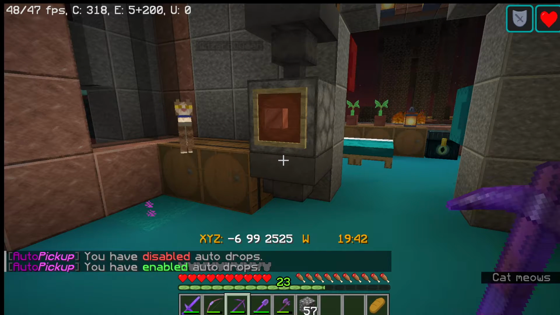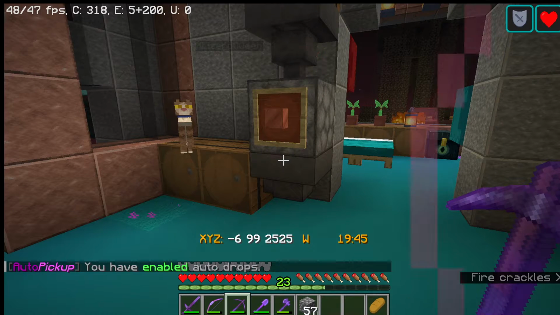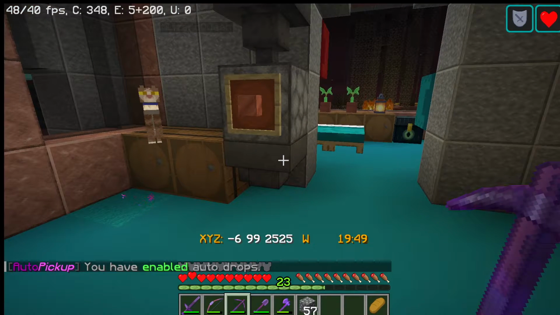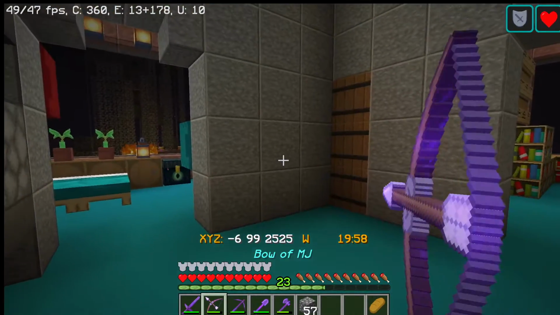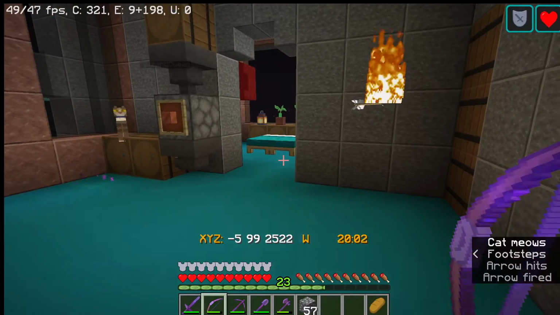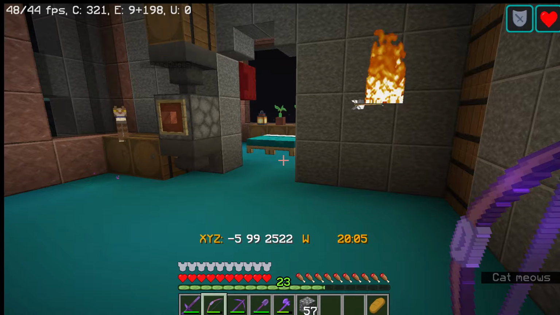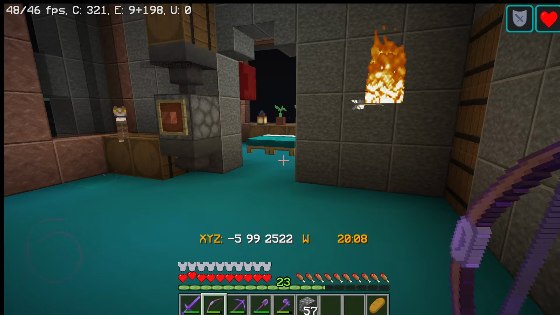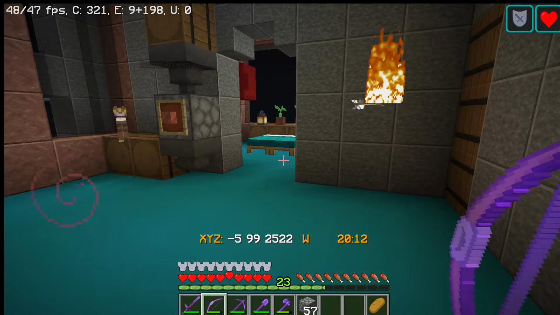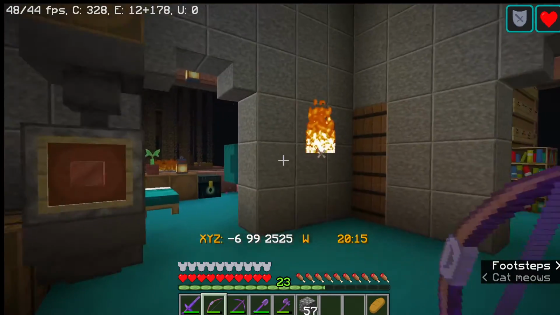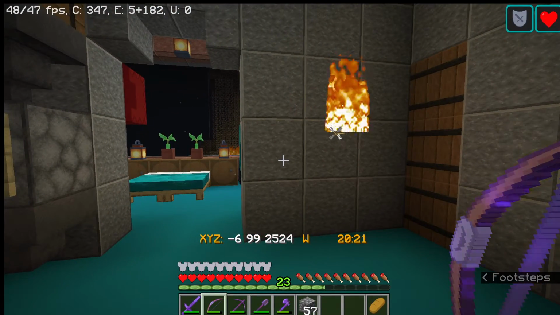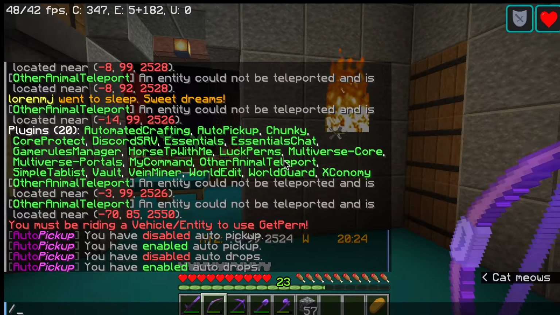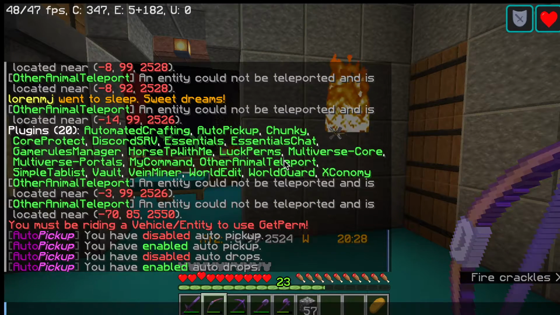So what happens with AutoDrops is that if you kill a mob and the mob produces some drops, it will automatically put them in your inventory. It doesn't matter if you used a bow and you shot from really far away. Doesn't matter. If you kill them, you gain experience. You don't have to go pick up the experience, and you gain all their drops, and you don't have to go pick them up. So even if it was really, really far away, doesn't matter. It still works. Now this works in conjunction with our other plugin, which is called